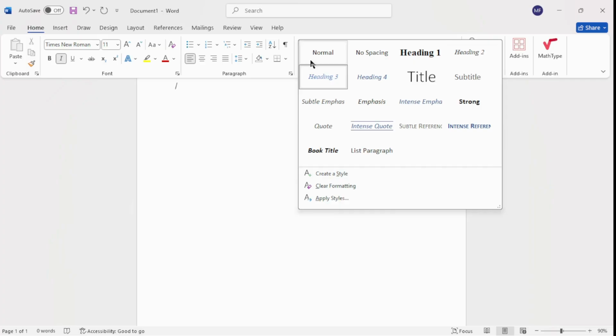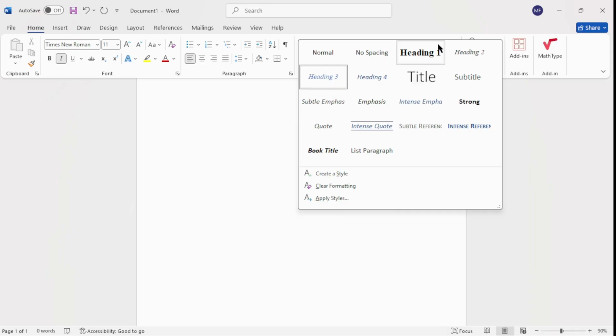So we will go to the second part, which is to write the content. The function of Heading 1 is to write your main idea. Heading 2 is when you want to classify your idea, but Heading 3 is used when you want to specify your idea more.